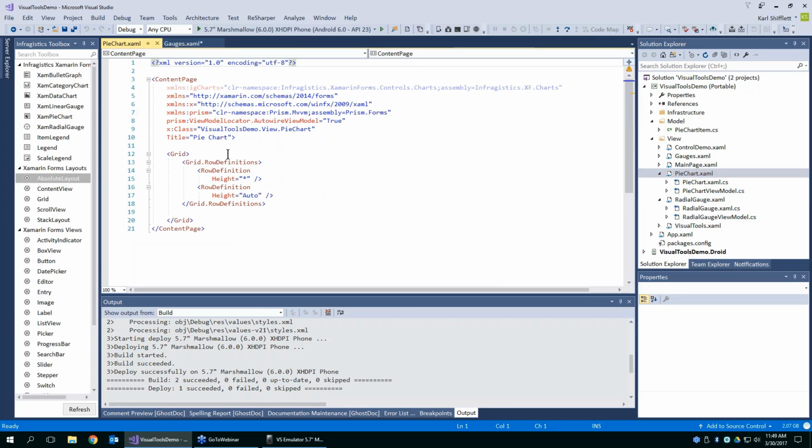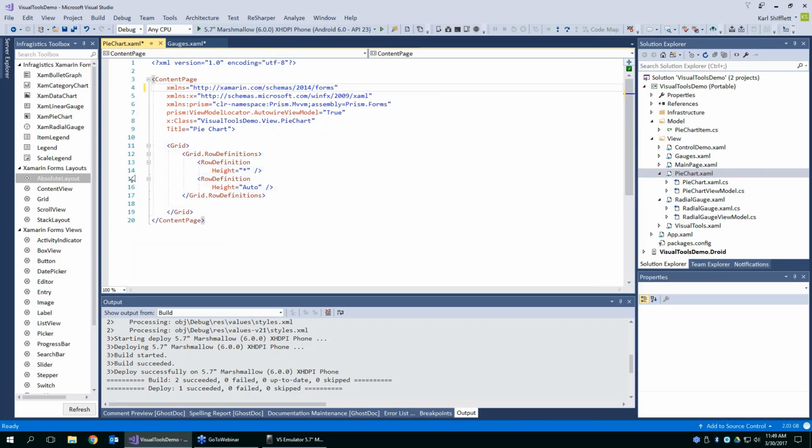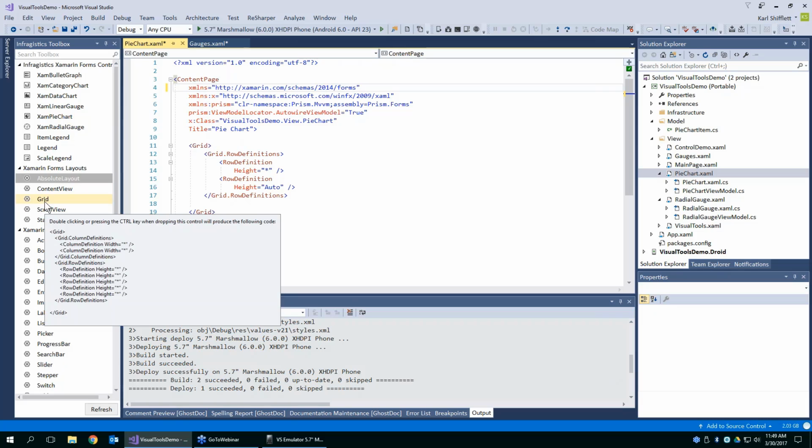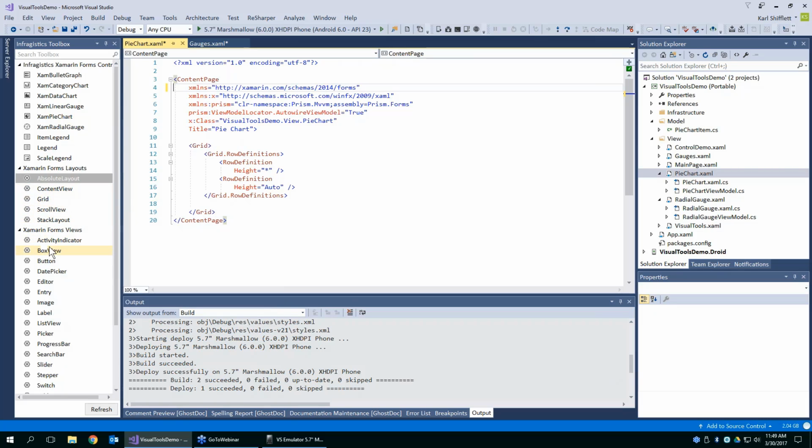So now we're going to come over to Mr. Pie Chart, and let me show you a little bit about the toolbox, because I don't want to leave that out. First of all, here's the Xamarin Toolbox. This thing is so awesome. So one of the things you can do is, if you're going to pick one of these controls and you hover over them, you can see that it's got some extra text there, right? Now some of them have extra text, some don't, but like a scroll view, let me just come down here and